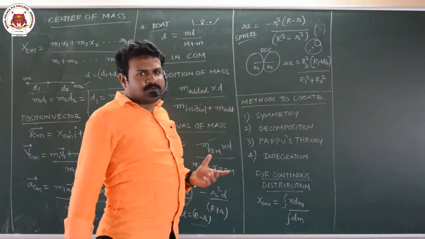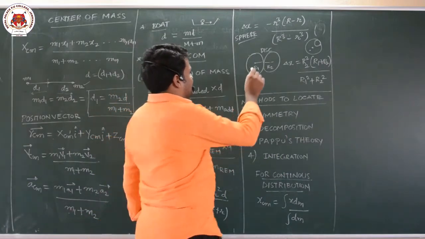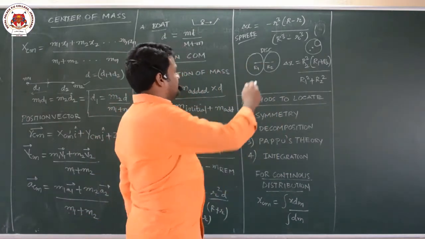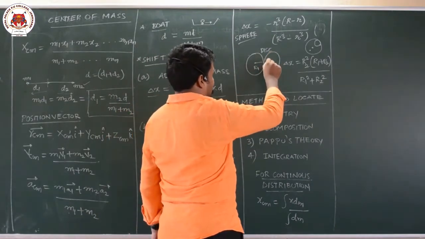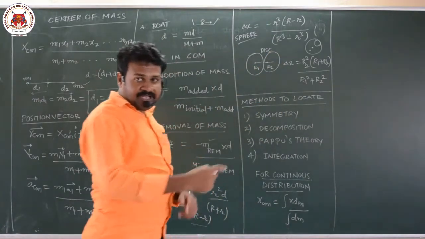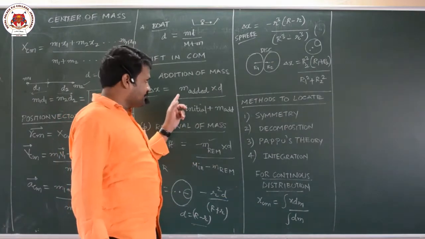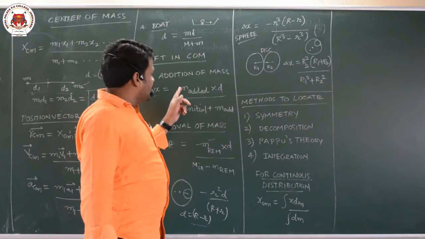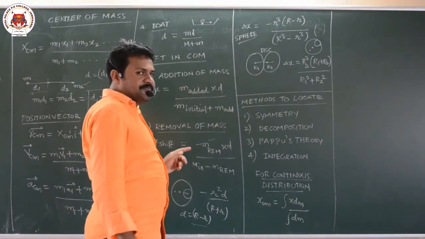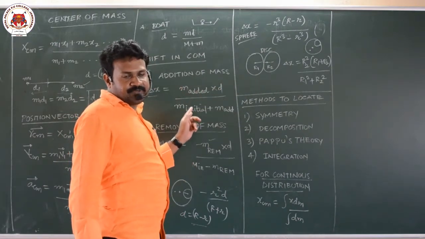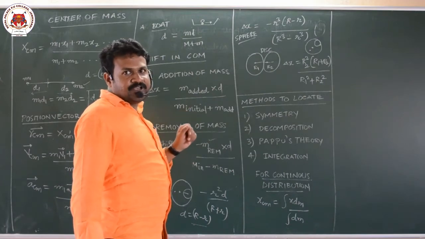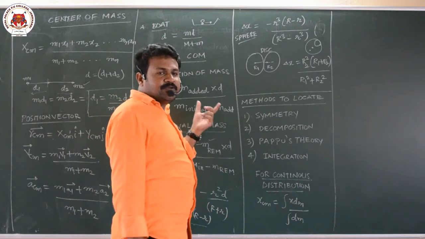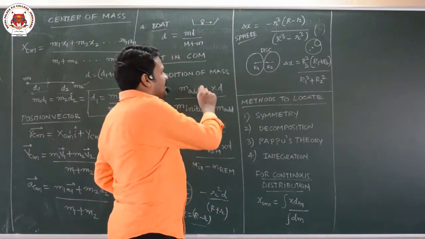How can you solve this problem? Initially you can take the center of mass of one disc is here. After putting one more disc, you calculate the center of mass, then subtract, or otherwise you can use this formula. Mass added is the area of the second disc, area of cross section into thickness, we will get volume. Okay, volume into density, we will get mass. So mass added into d